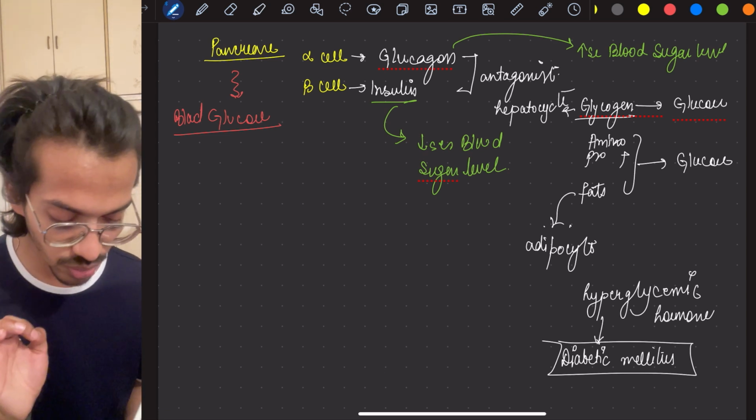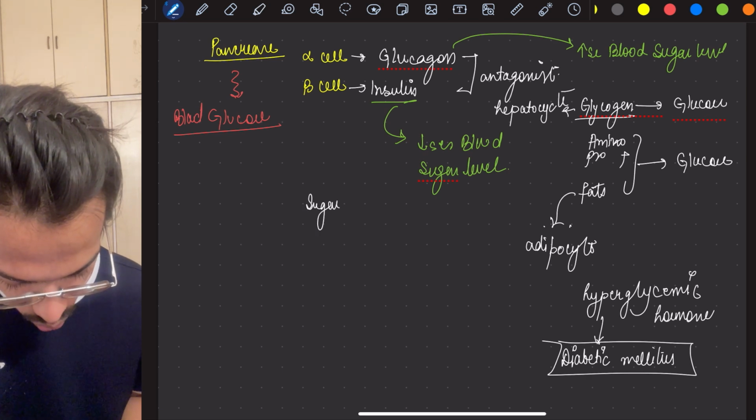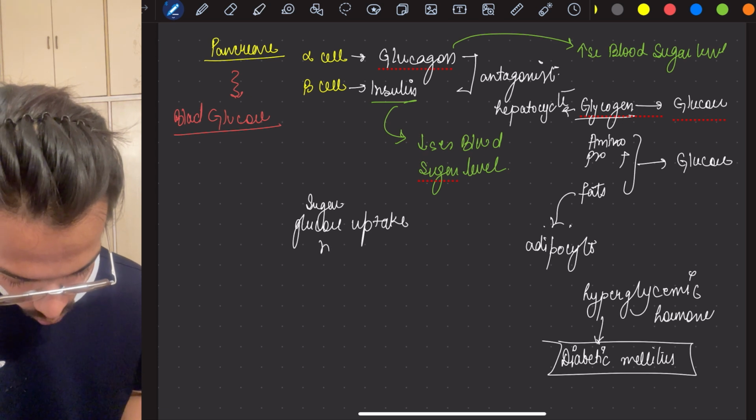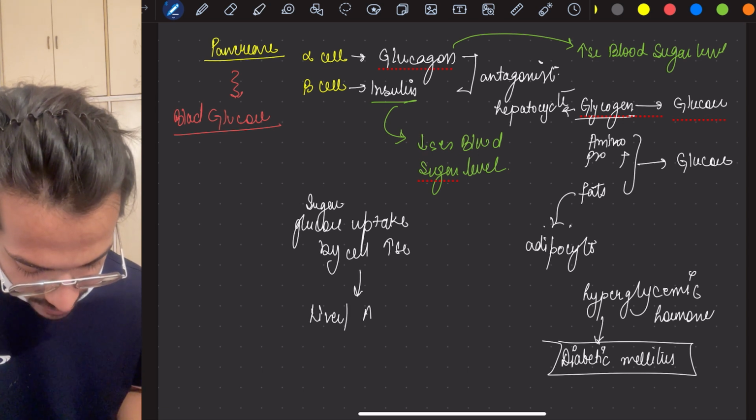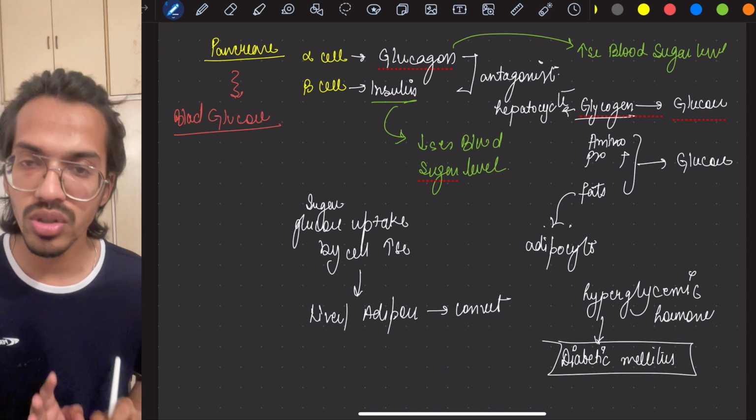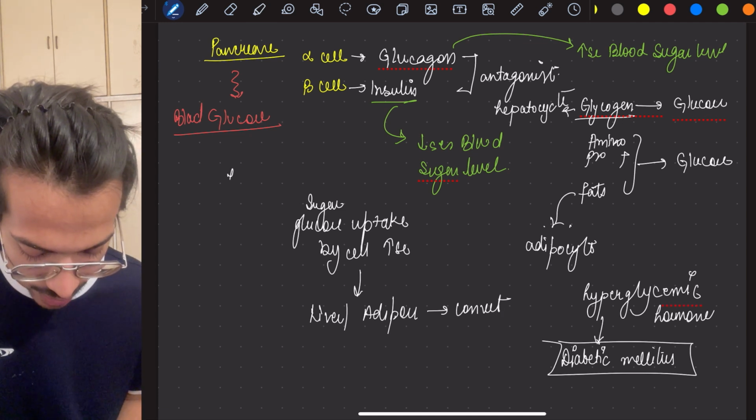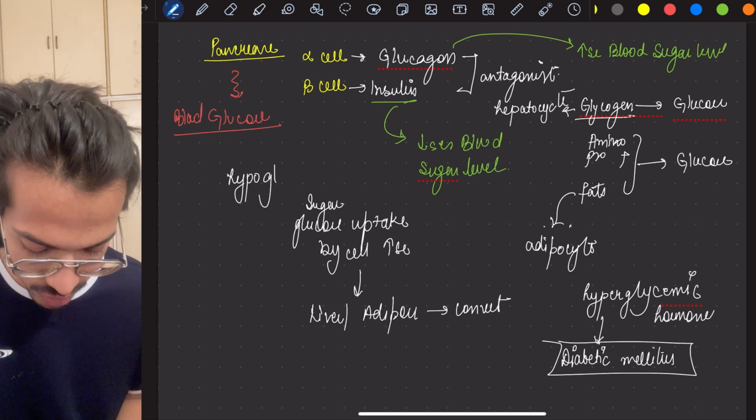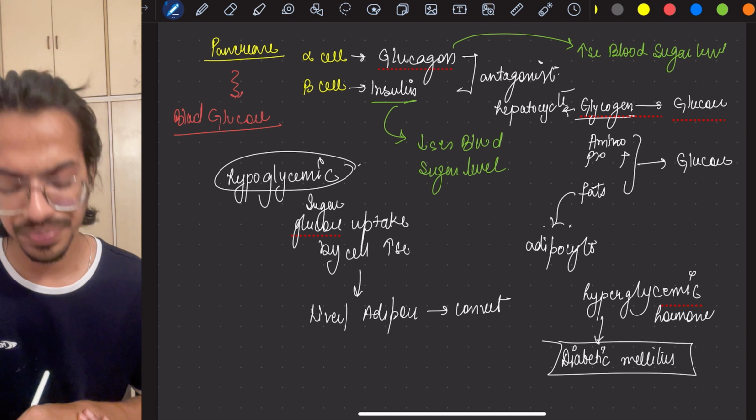How will it do that? First of all, whatever sugar is present, the glucose uptake by cells will increase, or it will go to the liver, meaning hepatocytes, and to the fat cells and be converted into storage glycogen or something like that. This hormone, insulin, is hypoglycemic, meaning it reduces the sugar level in the body. That's all about the